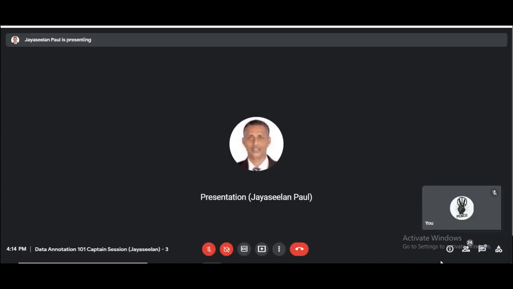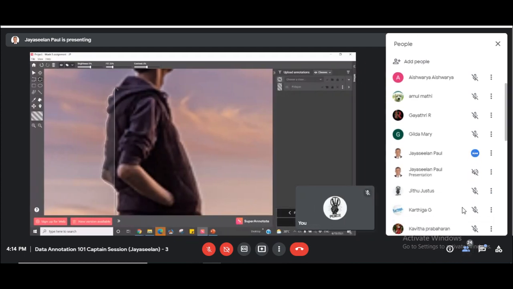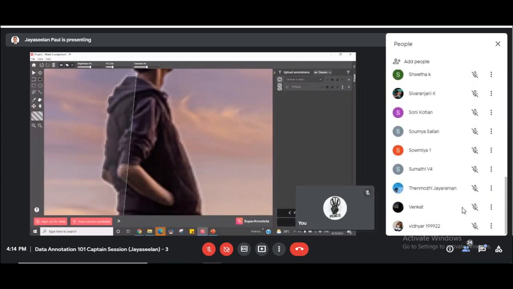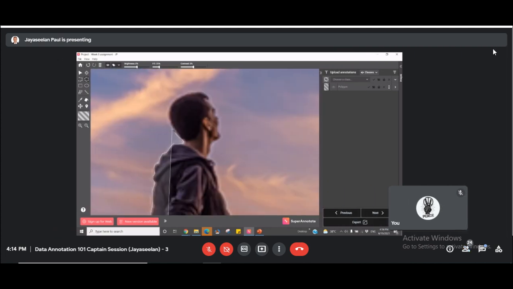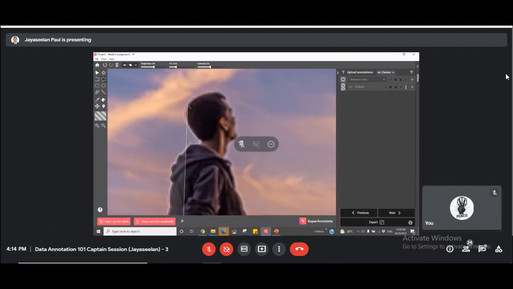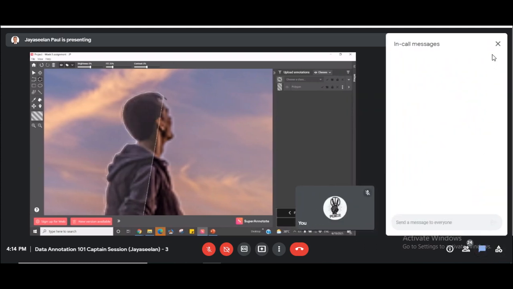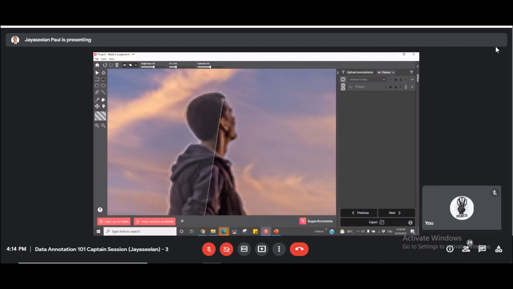You see to what level I'm zooming in, even capturing the curves in the garment. I'm just clicking wherever the direction changes. This will take a little more time than how you did box.